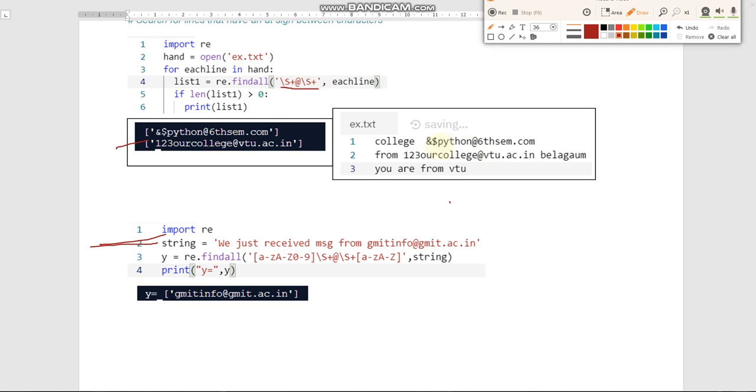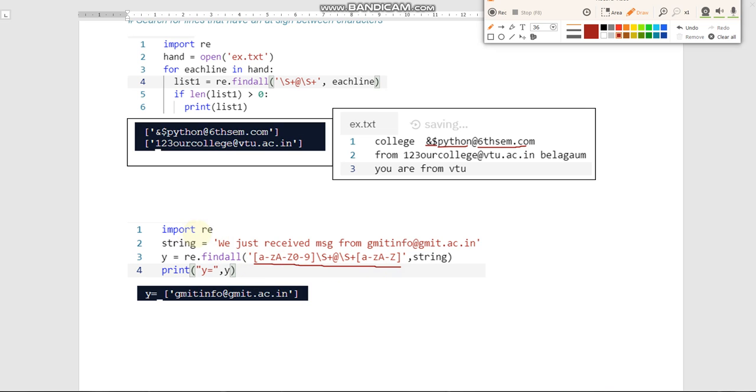Here the email id is beginning with some special characters, and we want to remove these special characters. We want only these characters, python at 6m.com, only this type of email IDs. So in that case we have to modify the pattern like this.